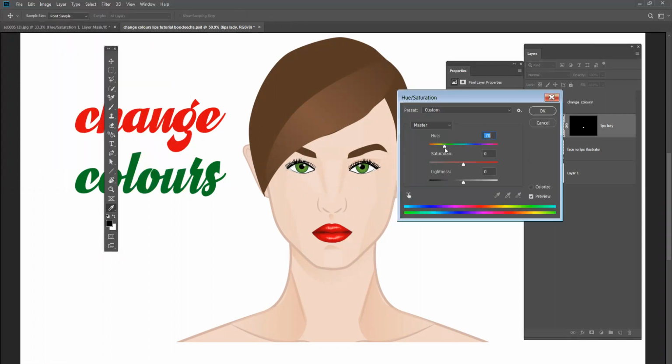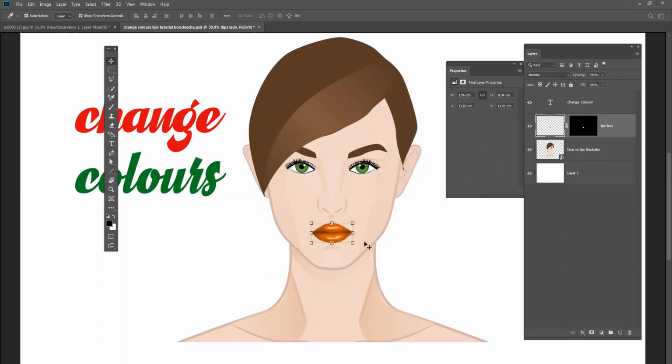Hue is changing the hue of the lips. Saturation is changing, let's change this color, okay. The saturation, how strong or how gray is the color. With double clicking in the word saturation, we can erase it and reset the color. Lightness, how bright or how dark is the color. So let's change a little bit, right? Let's do this orange